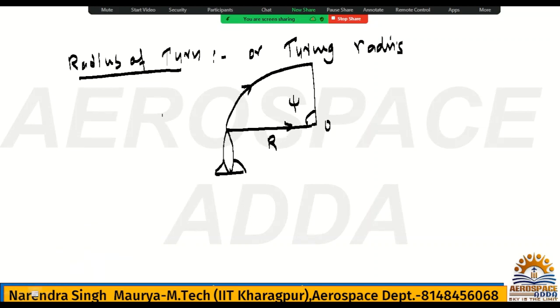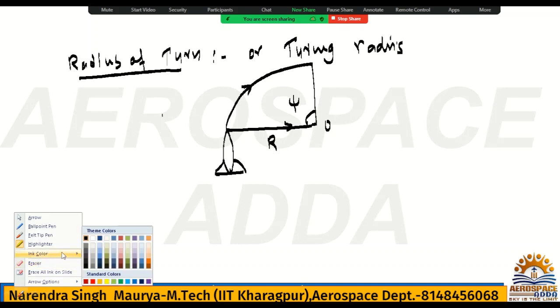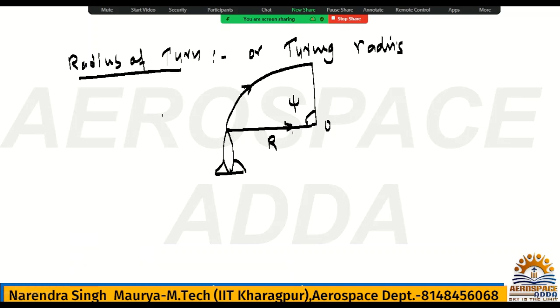This is what? Check: L sin phi, and here it is nothing but mv square by r. This is the aircraft. You can say this is the aircraft, okay. Fine. So horizontal forces,